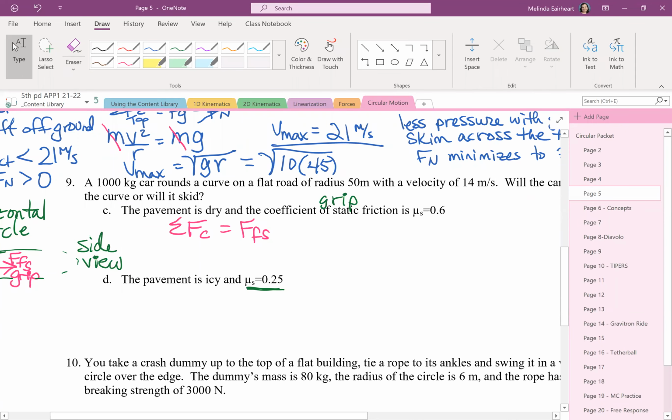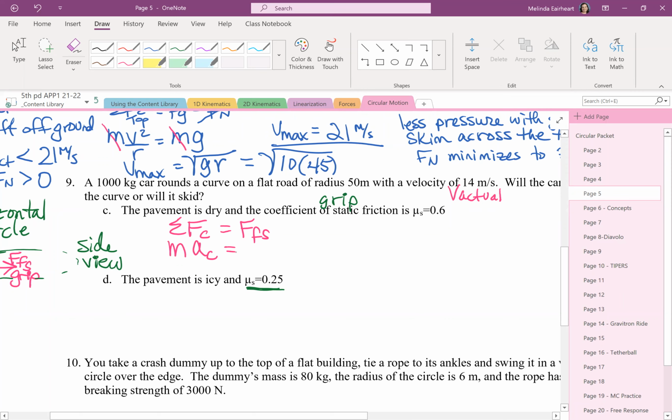Kind of like the car on the hill, the ball on the string. What if we solve for the speed and then compare it to that 14, our actual speed? What if we find the minimum speed, or actually here it would be the maximum speed based on your level of friction, and then we compare it to the 14. Good deal? So we're going to solve for the velocity, and I don't see the velocity, so Newton's second law,